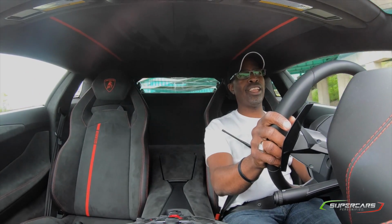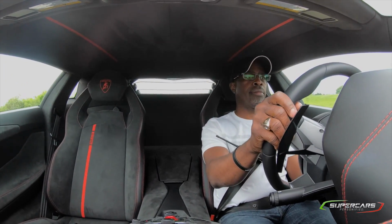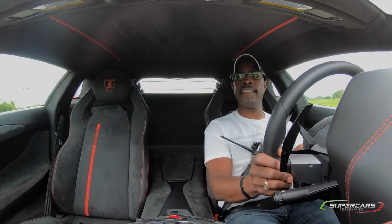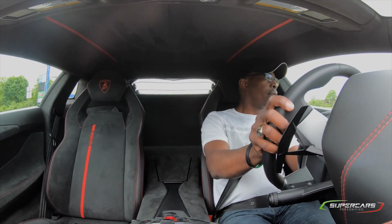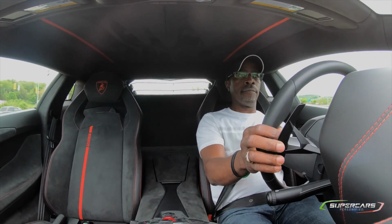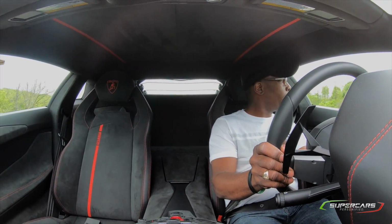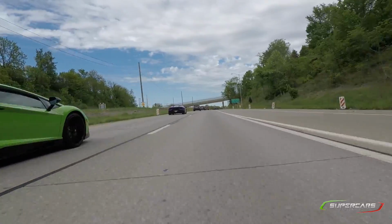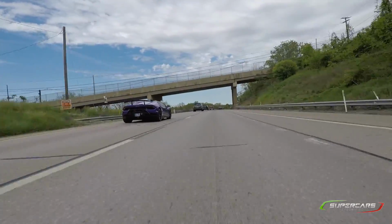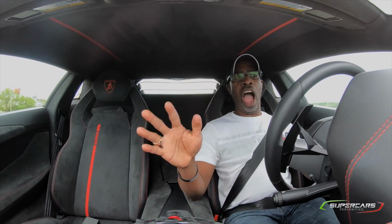The SV is ridiculous. Oh my God, it sounds so good. Craziness. Woo! These cars are unbelievable. You just gotta love them. They move, they're responsive,